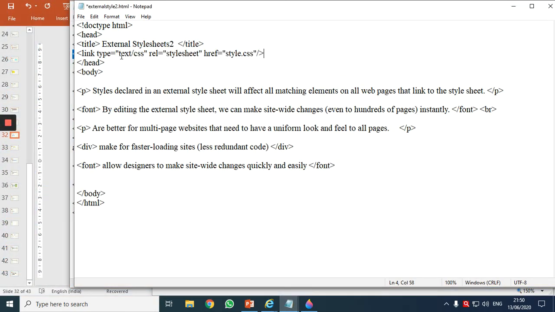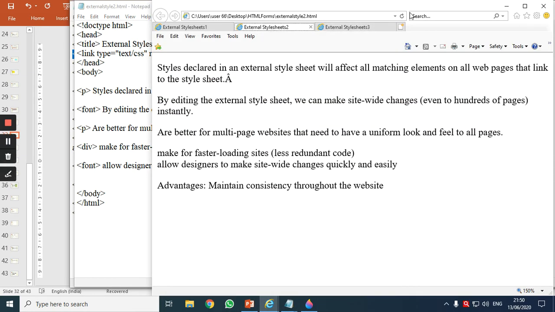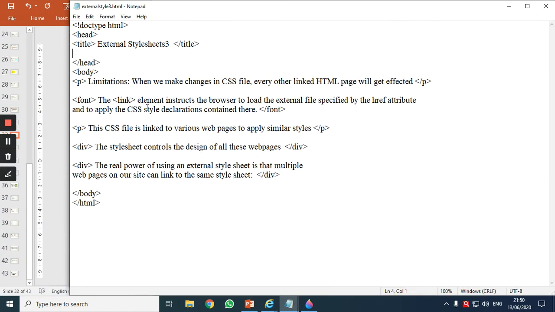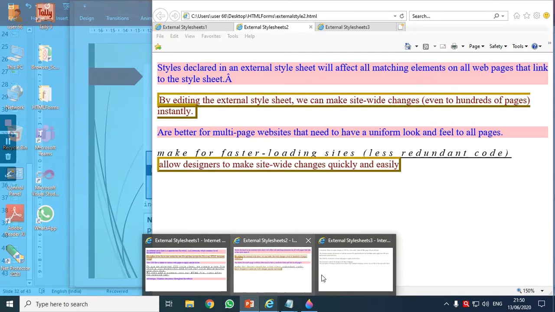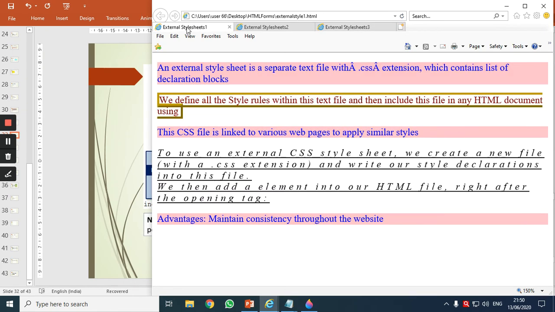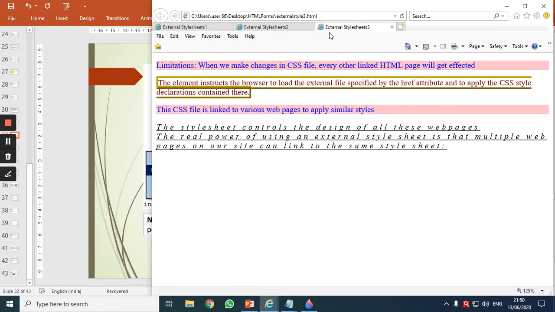Here in the header section, correct? And observe the output, children. I'm refreshing the second one. See, observe, correct? Again, I should paste it in the third notepad and observe the output now. Right? So first notepad, this is the first external CSS file. See, this is the title which I have placed in the title bar, and this is the address bar displaying the name of the file. Correct? Second web page, third web page. Now all of my web pages will look similar.